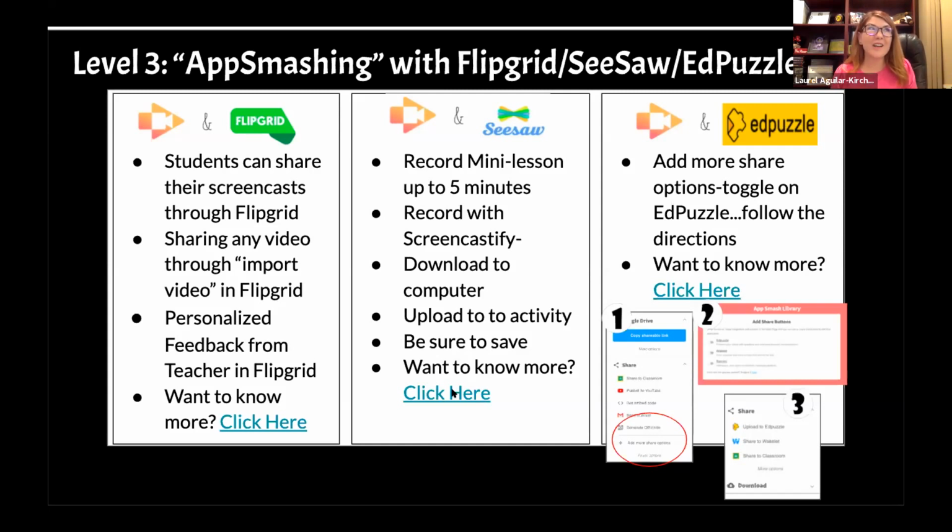If you're not Edpuzzling yet, it is a great way for you to assign videos to students. You can take any video and make it into an assignment. You can ask questions, you can check for understanding, you can really do some amazing things with videos. And Edpuzzle and